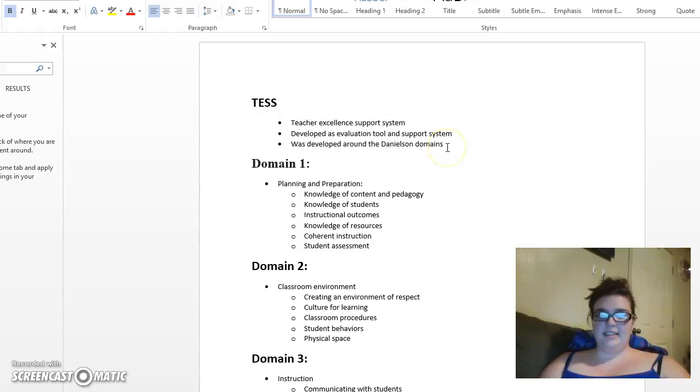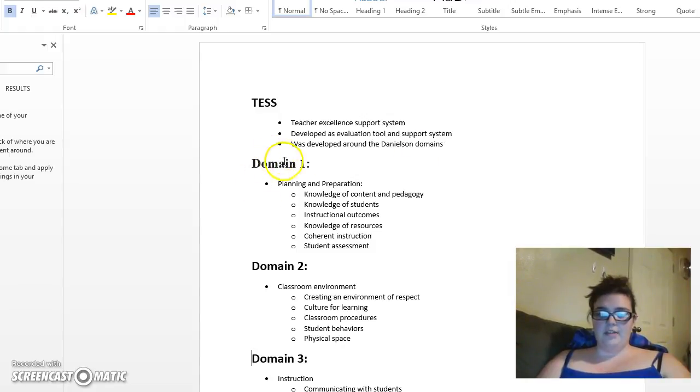And pretty much what TESS is, it's something that teachers will go in and reflect on other teachers, and they'll write down skills that they could use, and they'll also take notes over what the teachers have done, and then they can take those notes and apply them to their next lessons and stuff that they do